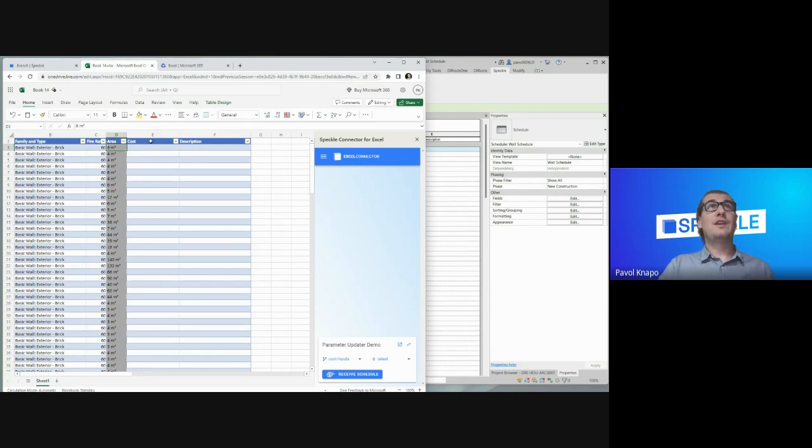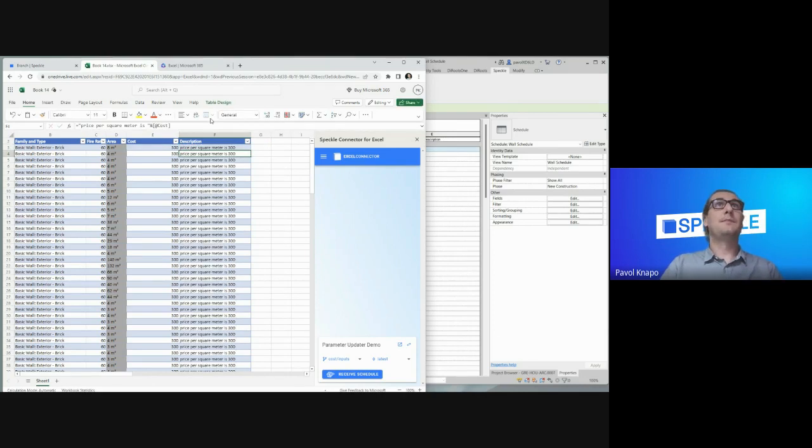So what I want to do here now is update the price. So let's give this a price of 300. And what is cool, you can input values, but you can also input formulas. And maybe I can do it like this. I can write a description that this is price per square meter is 300. And with that, I can then